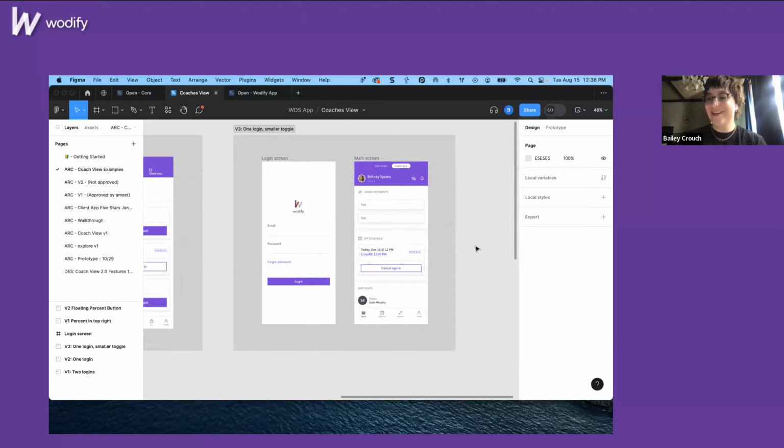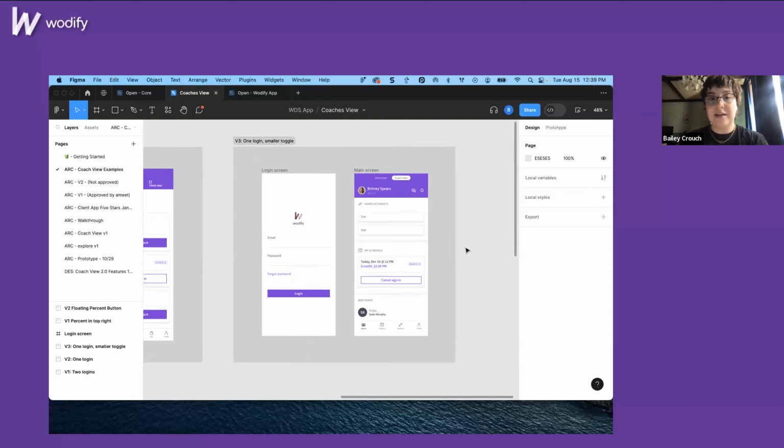So you're probably familiar with what we landed on today. We now have a simple toggle at the top of the screen to switch between coach and client view. This illustrates a design principle that we have, which is to create similar user experiences for both the coach and client, and also to remind users which view they are currently in. So this way, coaches know exactly what it looks like for clients when they come to them with questions.